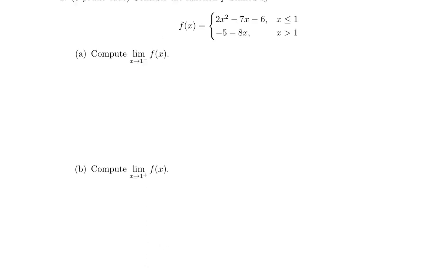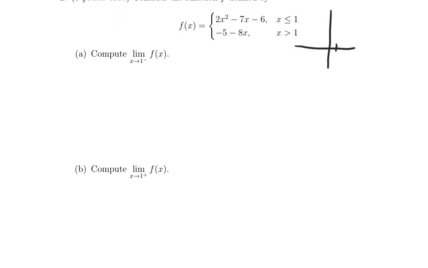So for problem 2, it says considering the following function, and it's a piecewise function. It says f is equal to 2x squared minus 7x minus 6 when x is less than 1, and when x is greater than 1, it's going to be negative 5 minus 8x. So the first problem says compute the limit as x approaches 1 from the negative side of f. So if we kind of draw this graph,